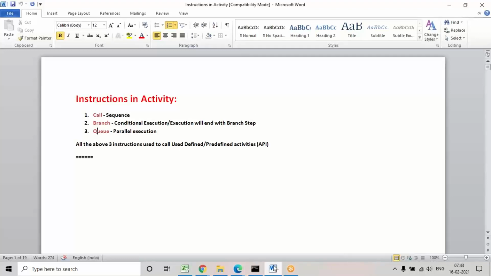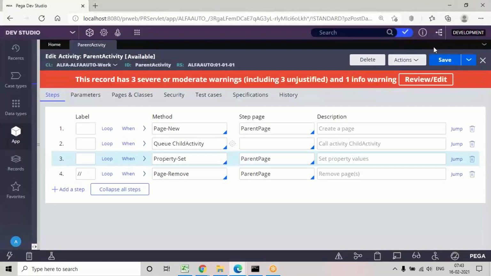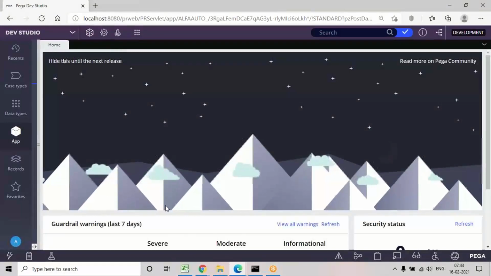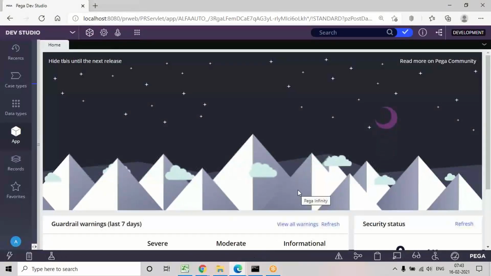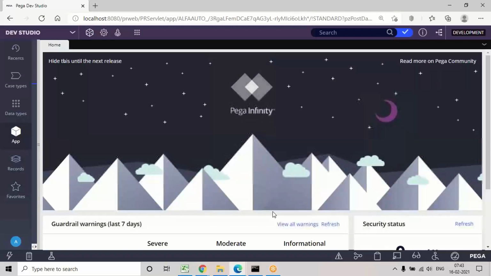Okay, coming to the next topic, guys. See, activity contains many types of methods, as I said, right? In that we have obj methods. Every category of methods is important, but if you want to perform any data type actions or table actions, like inserting data from a UI page to the data table or from the data table to the UI, fetching, updating or deleting any data, fetching one record or multiple records, Pega has given methods for that.